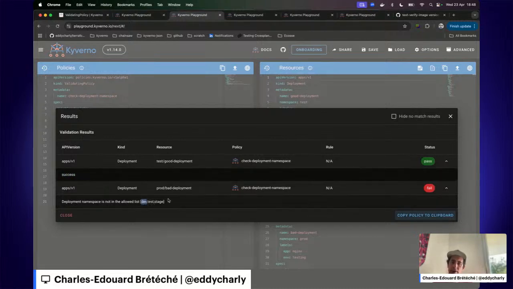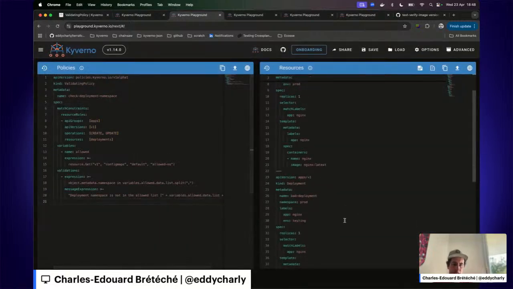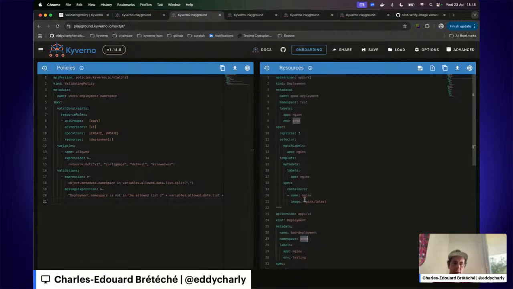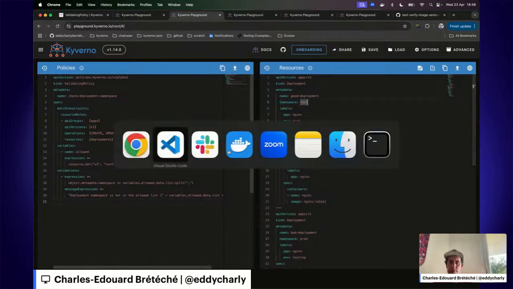So in the list we have dev, test, and stage. The bad deployment tries to deploy in the prod namespace. Of course, the good deployment tries to deploy in the test namespace.